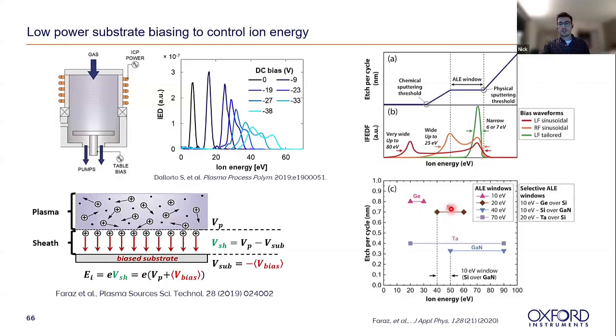So here we're plotting the ALE windows of a few different materials. And say you wanted to etch silicon selectively to gallium nitride, for example, you would have to make sure your ion energy distribution landed fully between 40 eV and 50 eV, because you need to be above 40 eV to etch the modified silicon, but below 50 eV to make sure that you're not etching the gallium nitride. So your entire ion energy distribution needs to land in this 10 eV window, which with conventional RF biasing can